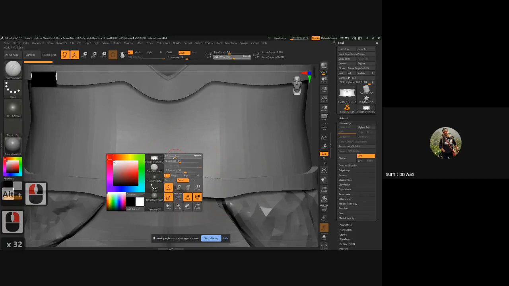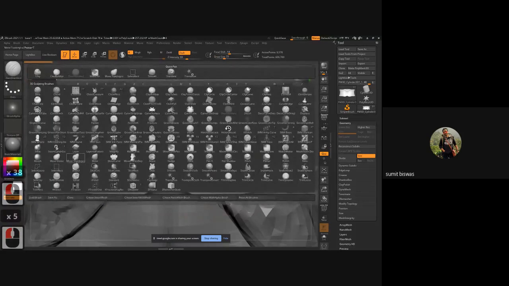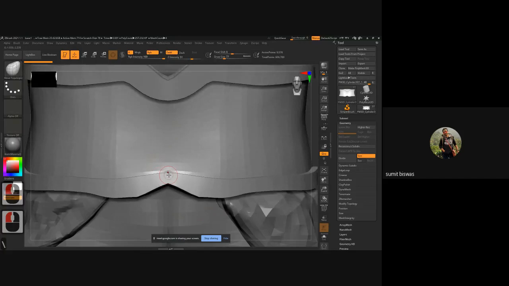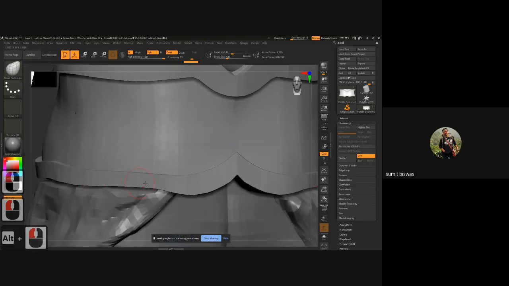So what I'll do, I'll reduce the brush size. I'll go to move topology or move brush. I'll try to increase the thickness, same as what we do in Max and Maya. This thickness should be uniform throughout. That's what I'm doing here. Then I can see there are a few areas where the thickness is really low, so I can just simply pull and make it a bit thicker.